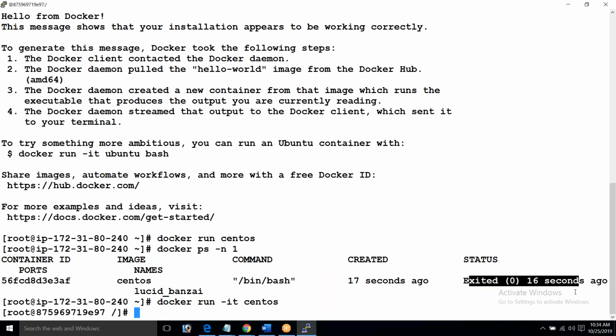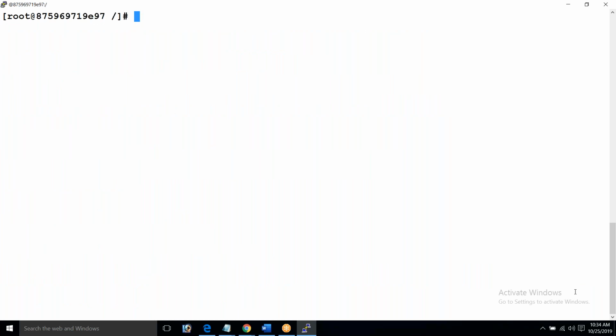Where am I now? Earlier I was here, right? Now I am inside the container.